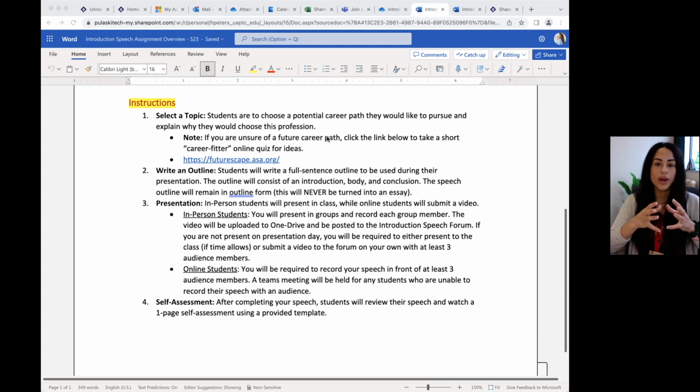The way that you upload a link is you will first upload your video to OneDrive, and then you will copy that link to the forum. If you cannot get OneDrive to work, then you can use YouTube, but I prefer that you use OneDrive if possible. And then self-assessment, the last piece. After you submit your video and you comment on your classmates,